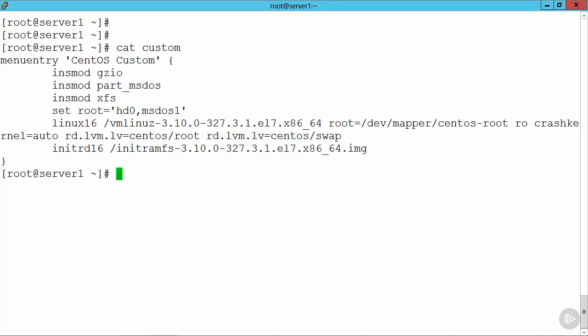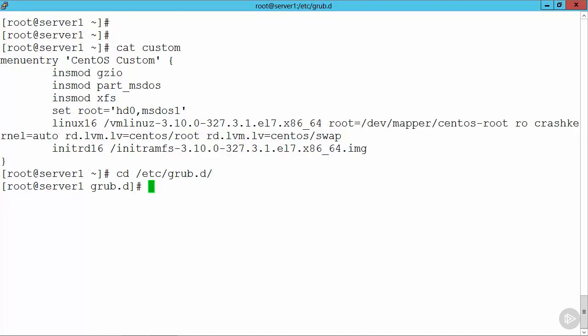The kernel entry is defined by the linux16 line and our RAM disk by the initrd16 line. Now when looking at my configuration file, you're welcome to copy it, but make sure that you put the correct paths to your kernels. I've changed the end of the options, so I've taken out the options for rhgb and quiet. But once we've got the entry configured the way that we want, we can then move into the